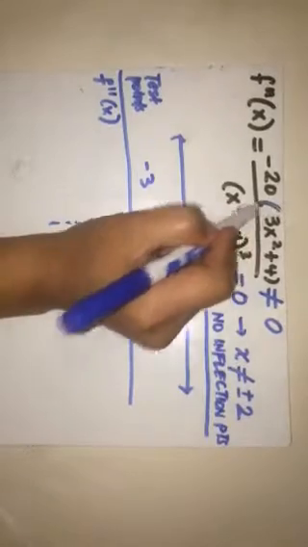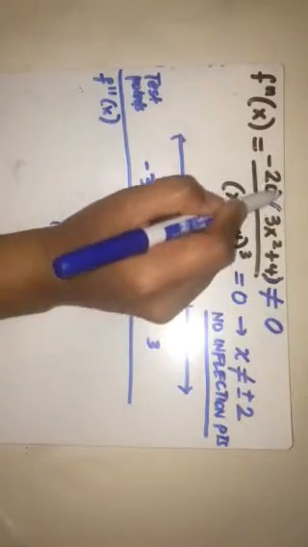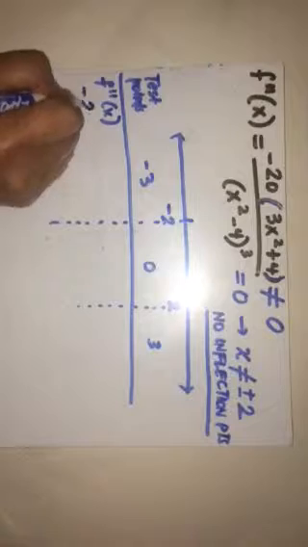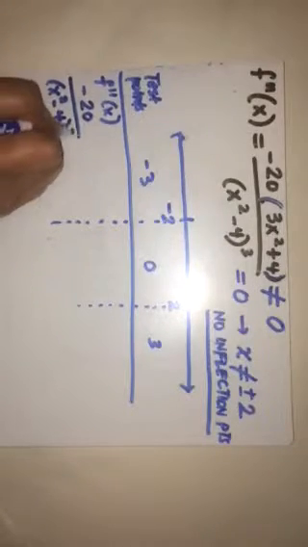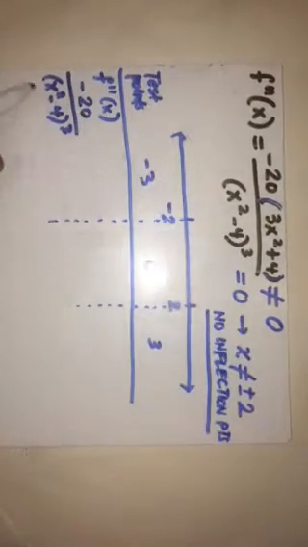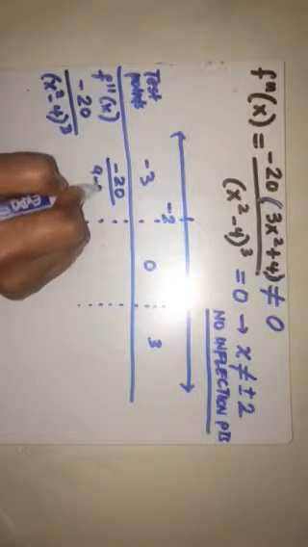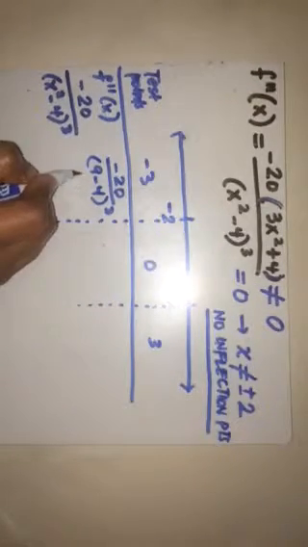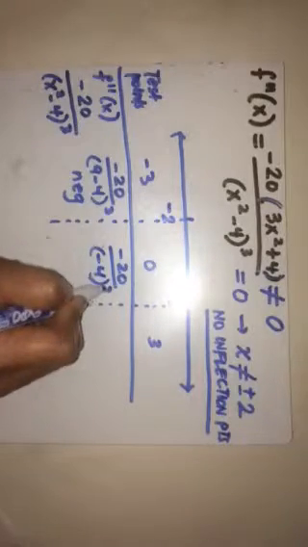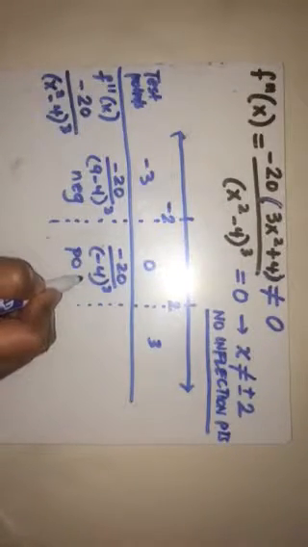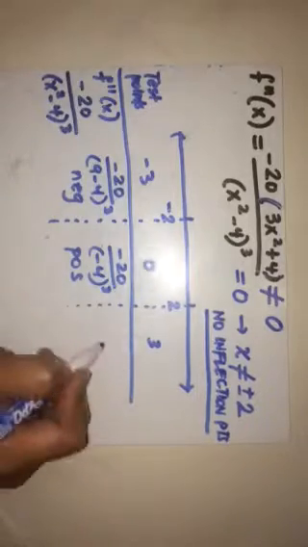Now this 3x squared plus 4, any number that you plug into that will always come out as positive, and this will always be negative. So what I just need to plug in would be -20 over x squared minus 4 cubed. So if I plug in -3 here, this will be -20 over 9 minus 4 cubed, which will come out to be negative. If I plug in 0, this will be negative 4 cubed. That's negative by negative, so that comes out as positive. If I plug in 3, it will come out the same as for negative 3,